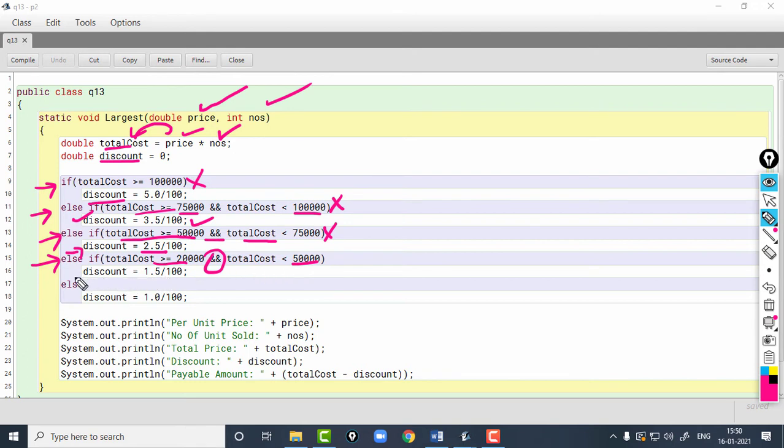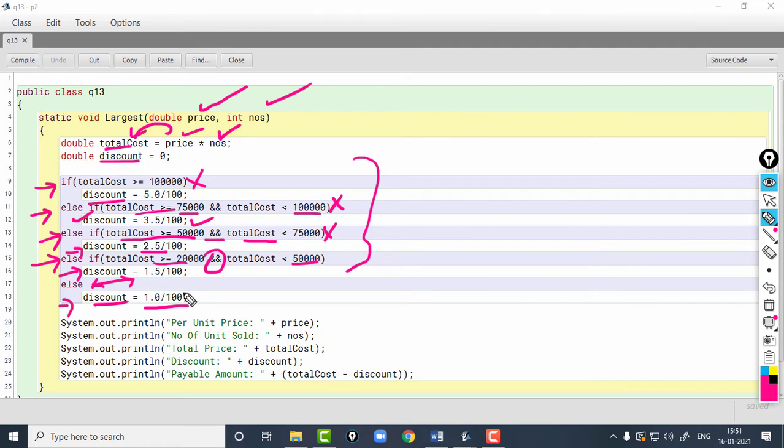Okay. If this is the case, the discount variable will be assigned with 1.5%, and if all the above conditions are false, then the value stored in total cost is obviously less than 20,000. So, I have not checked it here because it is already concluded the value is less than 20,000. Okay. And when that is the case, I am assigning 1% in the variable discount.